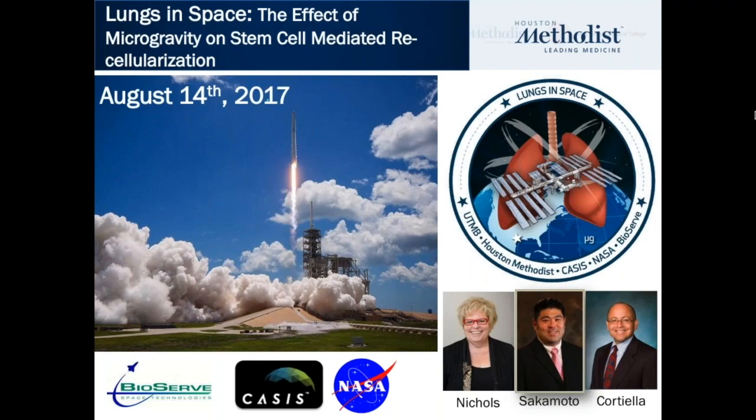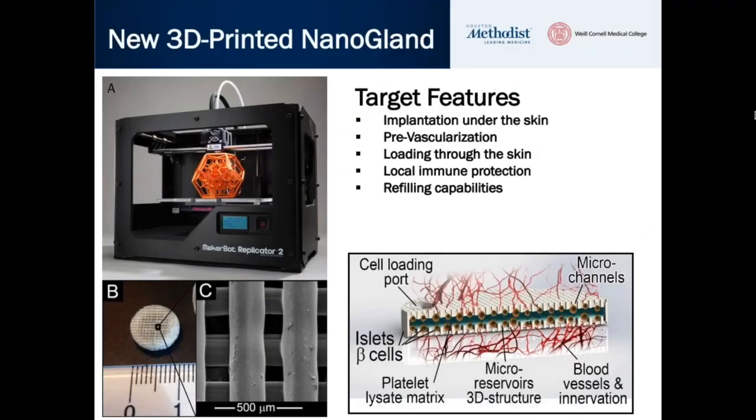Cortiella, we flew an experiment on the International Space Station where we were looking at the recellularization from mesenchymal stem cells of tissue that was decellularized. This was lung tissue that was decellularized prior to launch. The interest was in understanding better wound healing purposes, but also in developing new technologies such as this one for